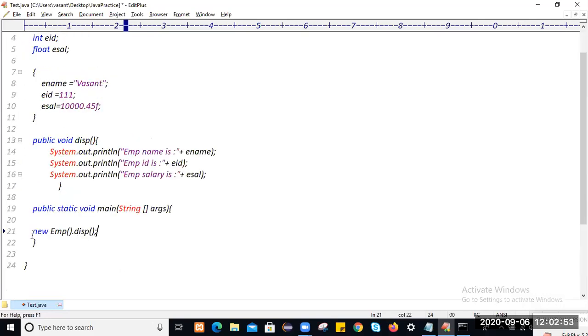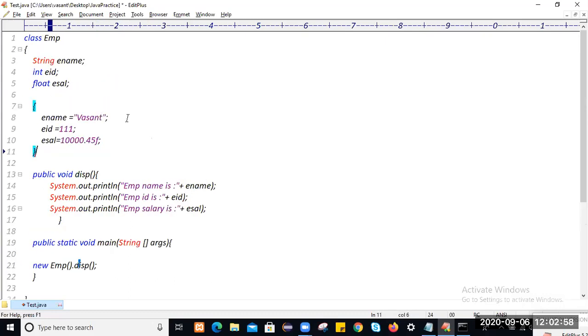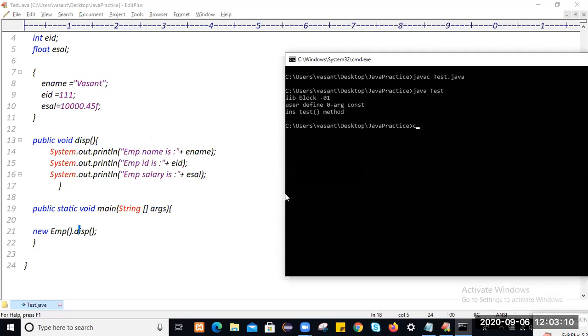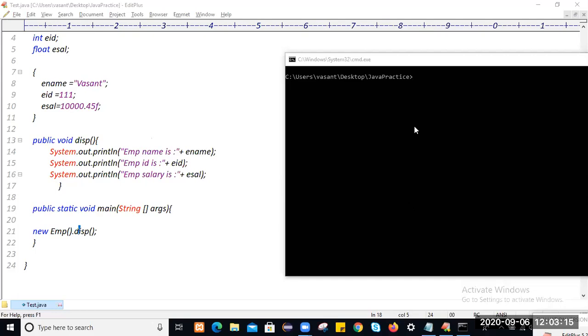First, when you create this employee object, it executes the instance block, and whatever values you have mentioned here will be initialized to these variables and then displayed. Now when you execute this application, clear this and compile it. The application file name is Test, so compile with Test.java, and to run it use the class name Employee.